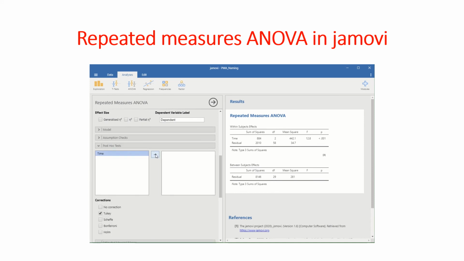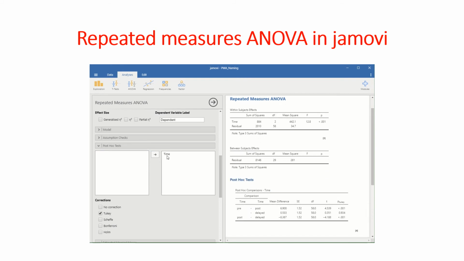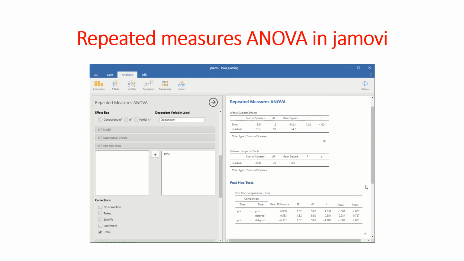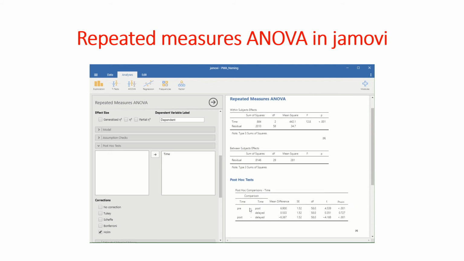We click on post-hoc comparison. We put the time here, and then we check the Tukey to home. And then we kind of see where the differences are. So the differences are between the pre-test and post-test, and between the post-test and delayed test. There is no significant difference between pre and